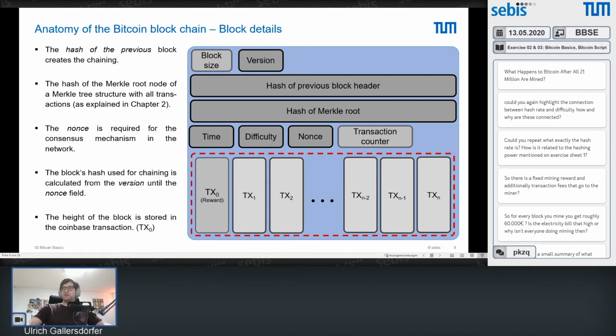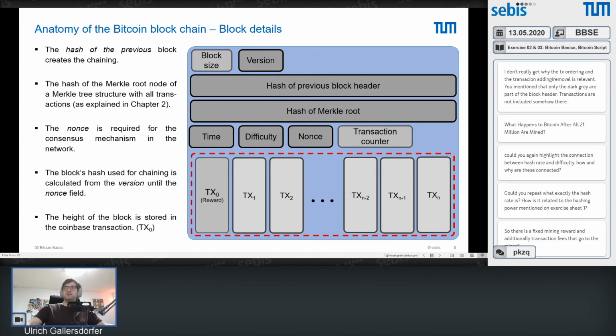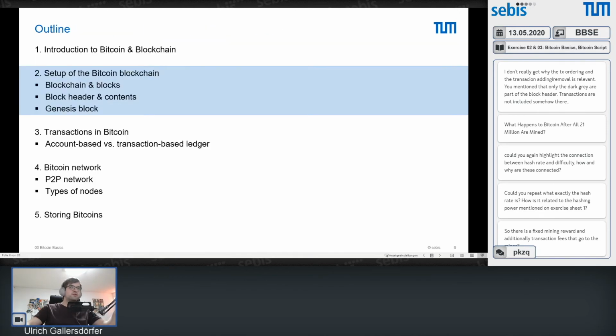So we got one question, and I think I should repeat it for that person. The question is, I don't really get why the transaction ordering and the transaction adding and removal is relevant. You mentioned that only the dark gray area part of the block header is included, and the transactions are not included somehow there. And this is exactly the key here. The transactions are not included directly, but are indirectly included, because as you know from these,